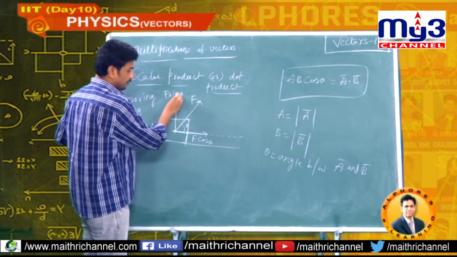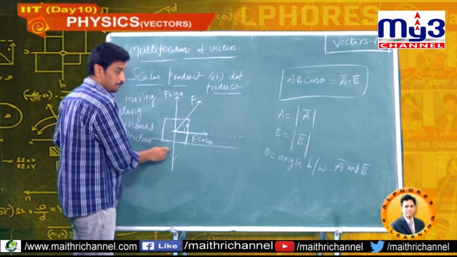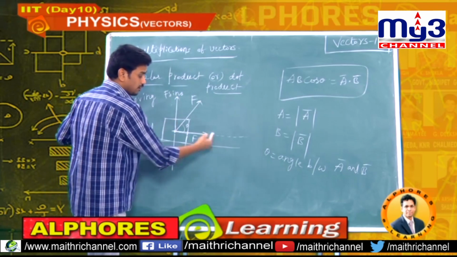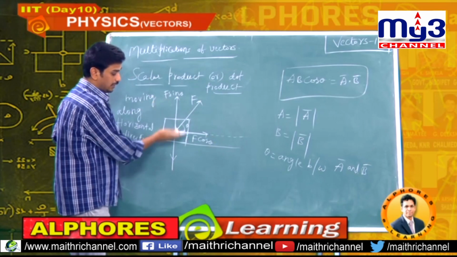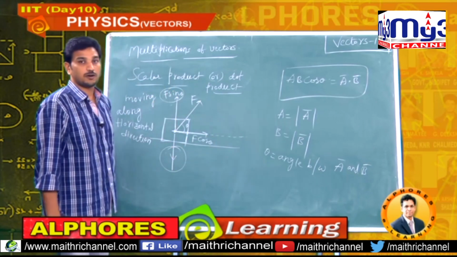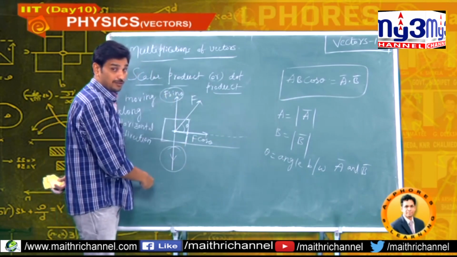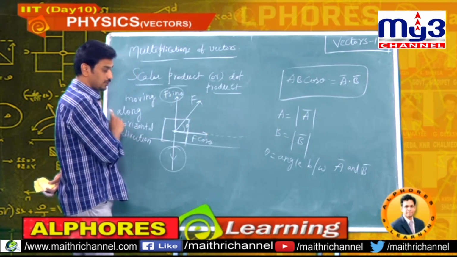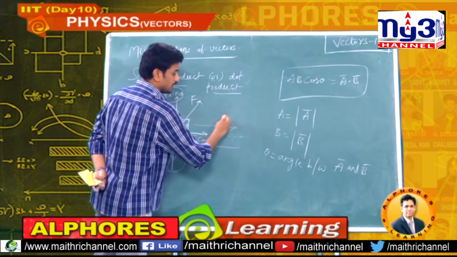Now F sin theta, the vertical force, is balanced because it's moving only in the horizontal direction. Why is it moving in the horizontal direction? Force acts only along the horizontal direction. Vertical forces are balanced. Don't observe vertical forces here because the object is moving along the horizontal direction. Forget about vertical forces. We should focus on the horizontal direction. Now it is displaced by S, displacement S bar.